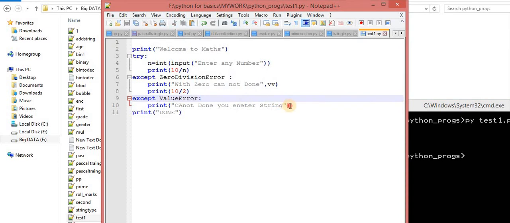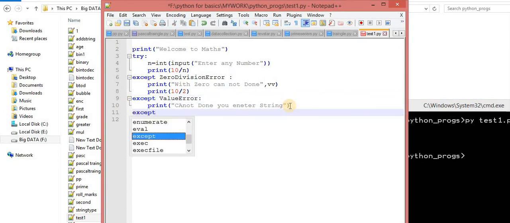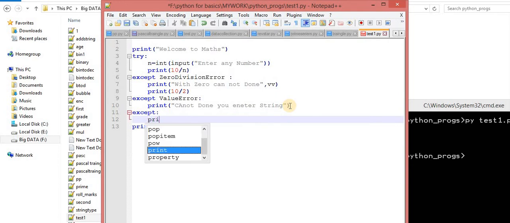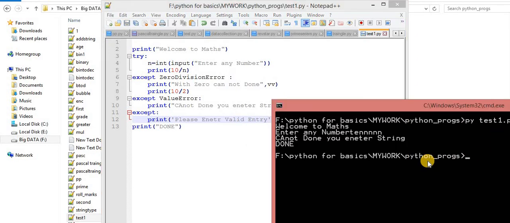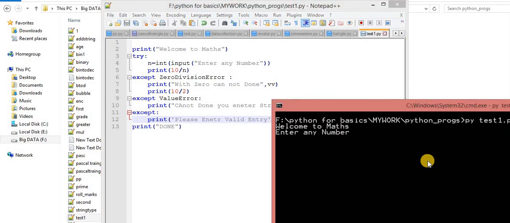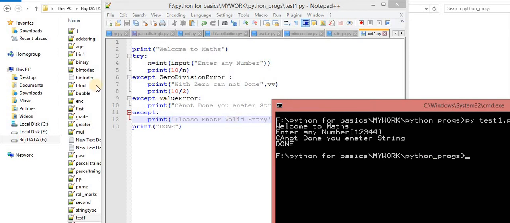And one more you can do, default. If all the exceptions fail, then I want to perform this. Print please enter valid entry. Okay, so now if I do this, this is again a ValueError.